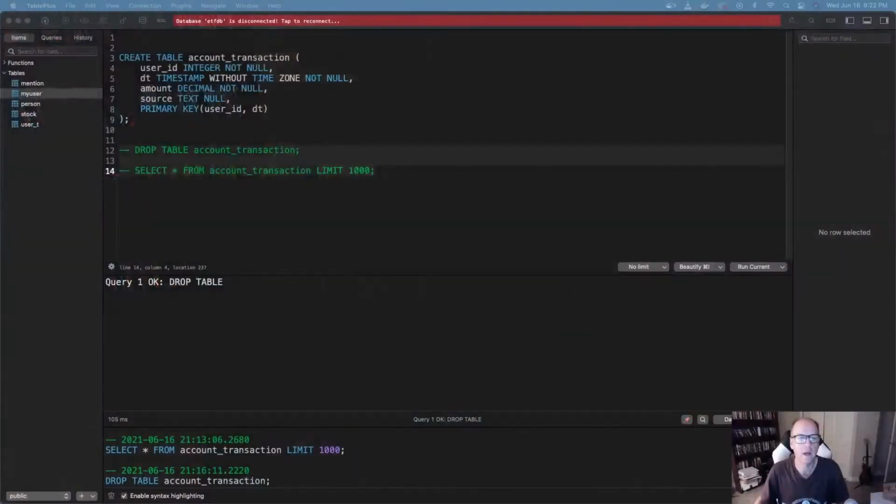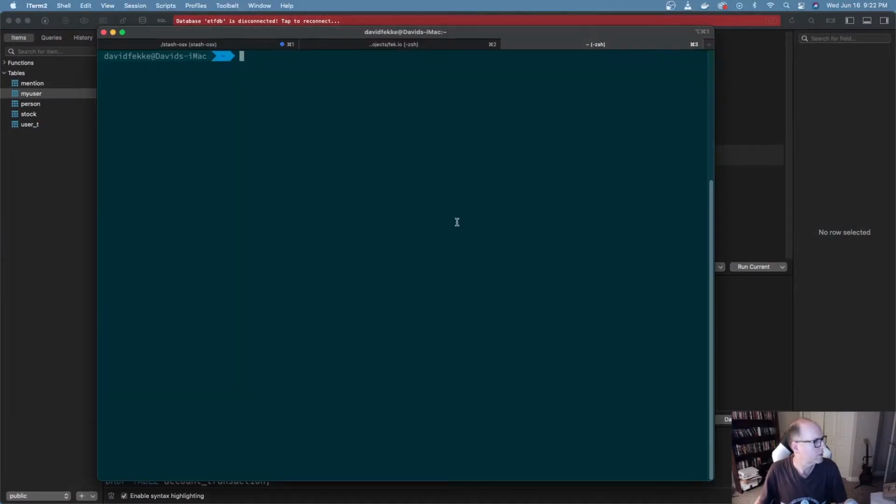So let me go ahead over here, and I'm going to open up my terminal. Here's my terminal, and I'm going to make sure that I actually have TimescaleDB running. The way that I did that is I'm using a Docker container. It's probably the easiest way to get set up and running with TimescaleDB. First of all, let me check and see if it's already running. So we do PS. I don't have any Docker containers running, so I'm going to go ahead and do